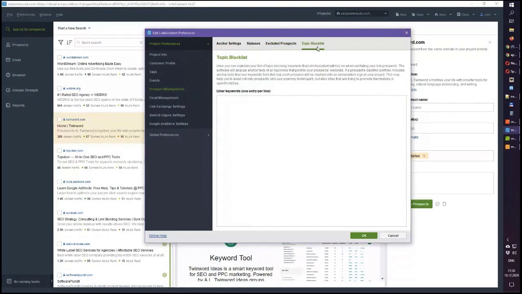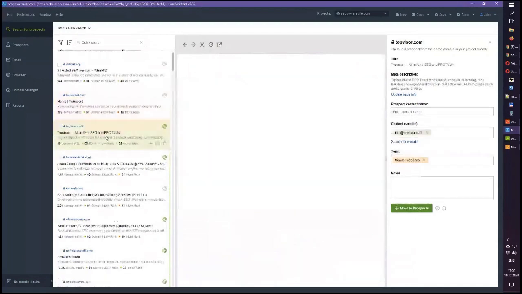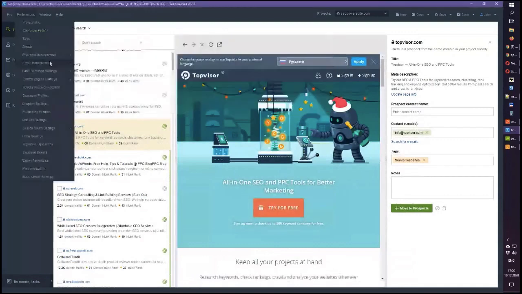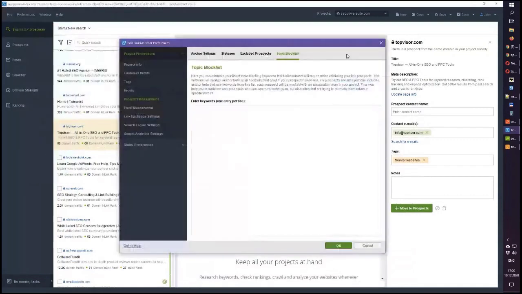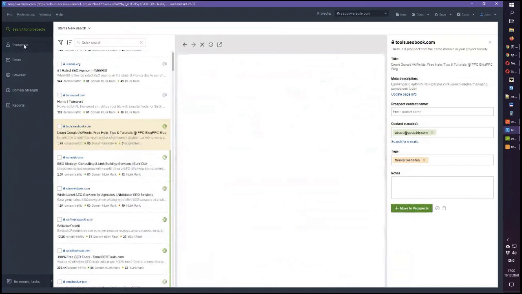And here you can also edit your topic block list. So if you find some suggestions from niches that you are not interested in, you can always go and edit the topic block list section, add some new keywords there, so the software will skip suggestions from those topics with further searches. If you find some prospect to be relevant and you would like to outreach, you select this prospect, click move to prospects, and it will be added to your